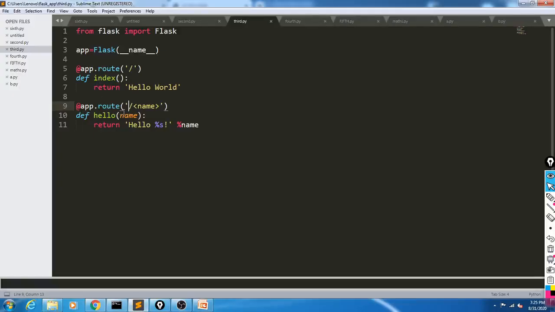So only the URL without any parameter gives the contents hello world. Look here, hello world is there. And what is the URL here? This slash URL is there and it gives you hello world. Then what was the next function? Yes, within this slash name. Name is the parameter. So we will see how parameters are passed to the URL.